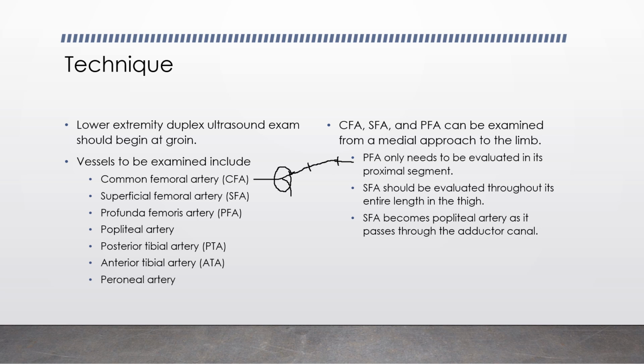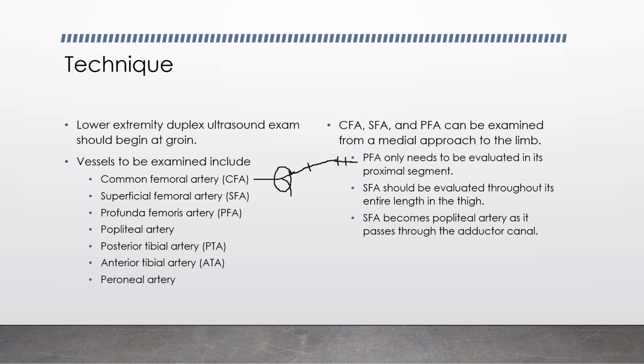Now our popliteal, because it's a short artery, we really only need to get one representative set of evaluation images here at the popliteal, right at the mid. So you'll get your B mode transverse, B mode long, color, and Doppler just once in your popliteal. Then you're going to continue down the popliteal, scanning in B mode and transverse, looking at all of the vessel, and that will take you to the